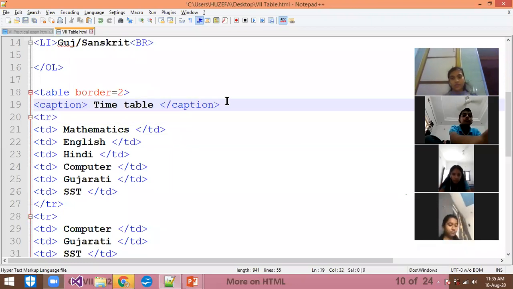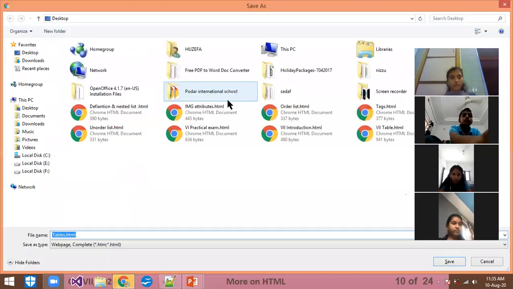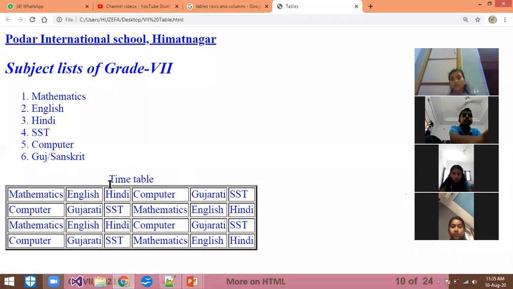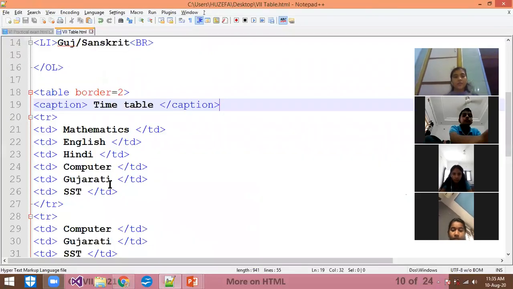And save. You can see the output here also. That will become at the center of the table. You can also change the color, but that thing we will learn in the next class.